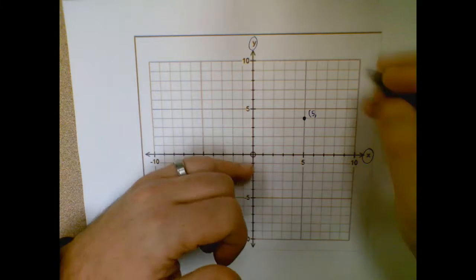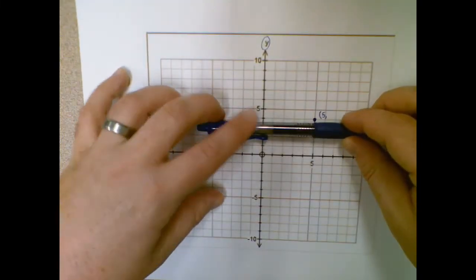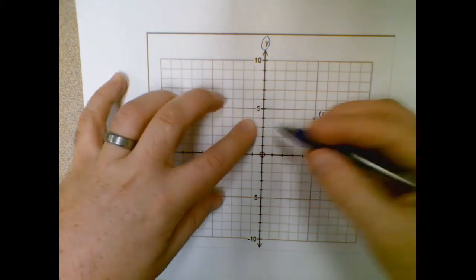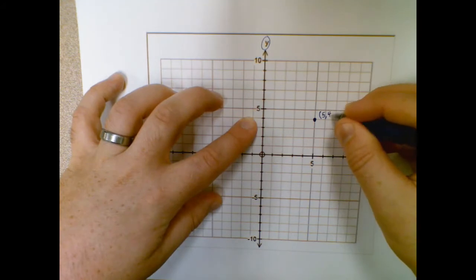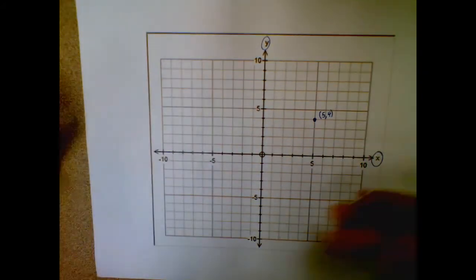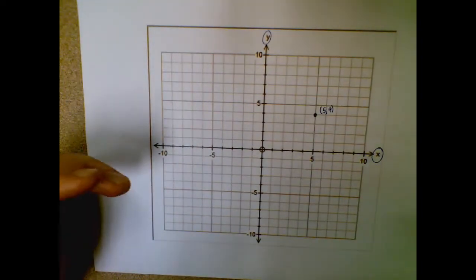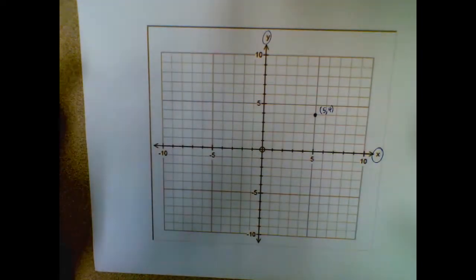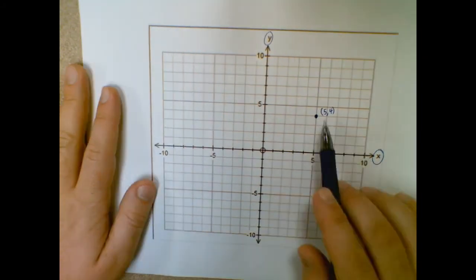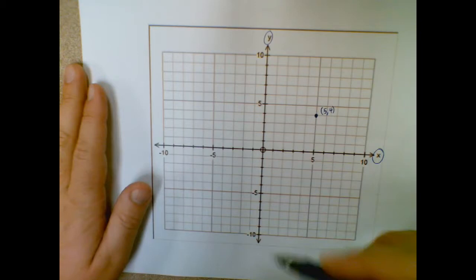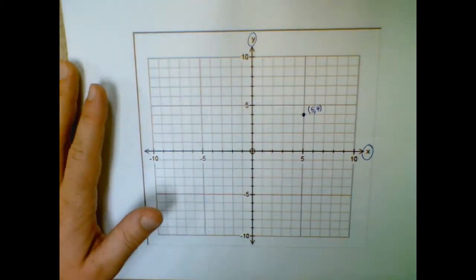And then how far am I going up? So I'm going to go this way, and I'm going to go up and see that this stops just shy. Well, we're counting by 1, so that's 1, 2, 3, 4. So the coordinates of this point are 5, 4. Depending on what the number is, it will help you figure out where it is on the axis. So instead of trying to name a point, what if we had the coordinates first? What if I'm trying to find the point